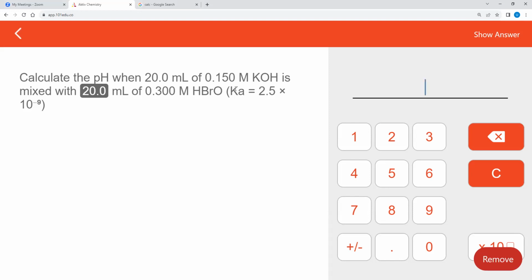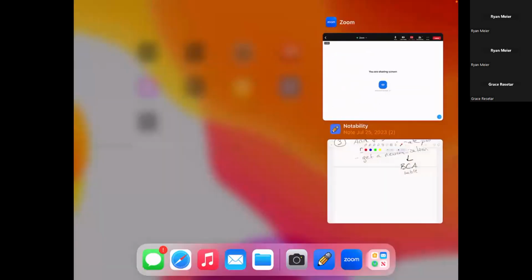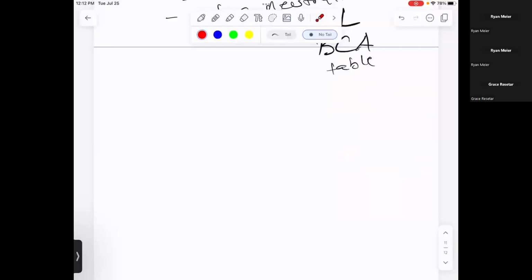I would basically write a reaction, and that is my HBrO, my acid. This actually screen swaps. There it goes. So I want writing my neutralization reaction. I don't know why it's still being so laggy. I would have HBrO